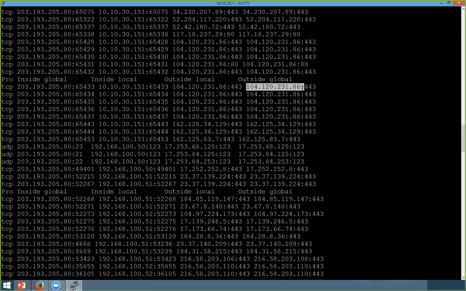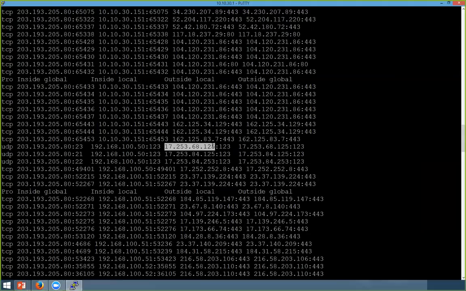If we go down a little further, you'll see another entry here: UDP translating to the same source address on port 123 outbound. This internal host is a DMZ network of mine, so that's the inside local, the inside address, on port 123. Does anyone know what 123 is? Hopefully you'll know what that is. And then this is the external host that it's going to. Again, outside local and global will be the same.